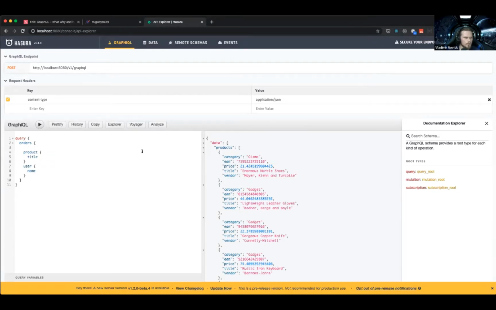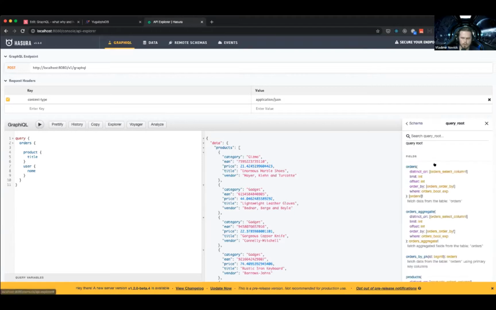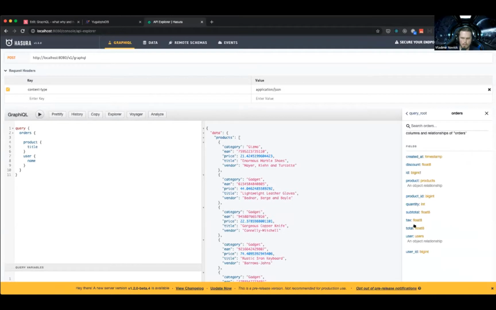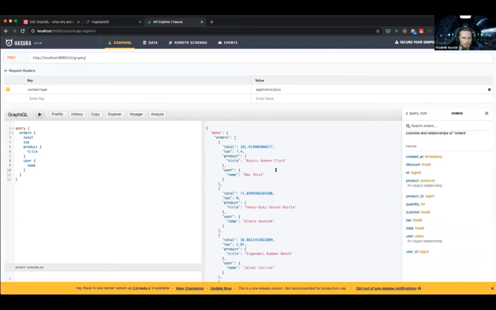And I actually don't remember what orders has, so I can go here and see what the order type is. It has total, it has user. Yeah, I just need total. And maybe I want to know the tax. So I run that. That's what I get here.